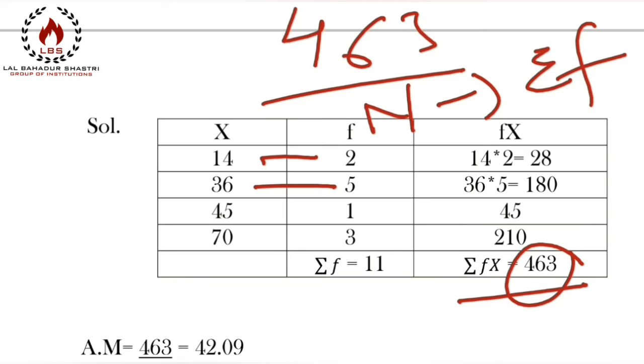n का मतलब क्या होता था? नंबर ऑफ ऑब्जर्वेशन. तो वो नंबर ऑफ ऑब्जर्वेशंस आर कन्वर्टेड इनटू सिग्मा एफ, मतलब फ्रीक्वेंसी का टोटल. फ्रीक्वेंसी क्या है? वही तो बता रही है आपको कि कितनी नंबर ऑफ टाइम्स आपकी एक डेटा सेट के अंदर वो वैल्यू अकर हुई है. तो सिग्मा एफ. तो नाउ वी हैव टू डिवाइड इट बाय सिग्मा एफ. तो 463 डिवाइडेड बाय 11.